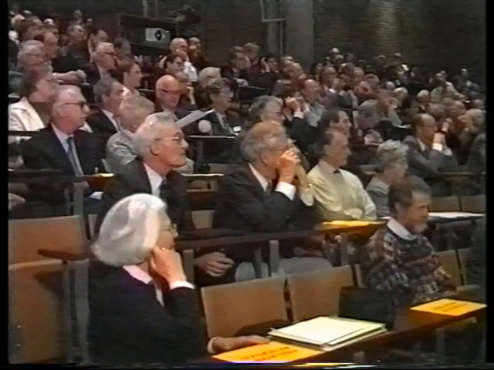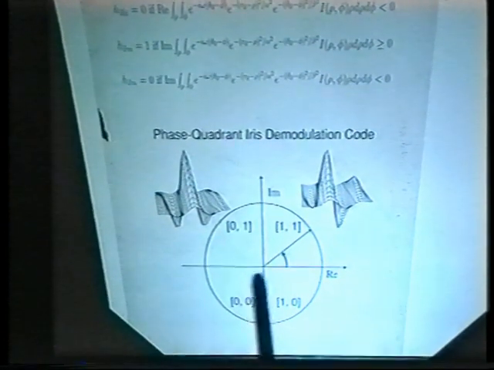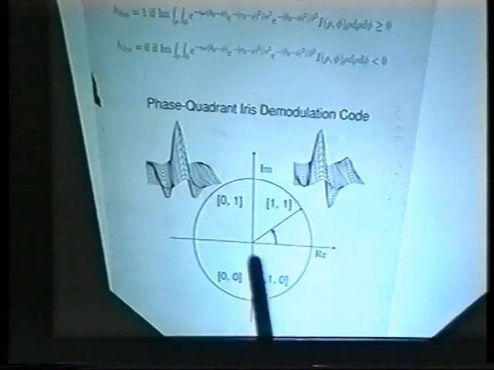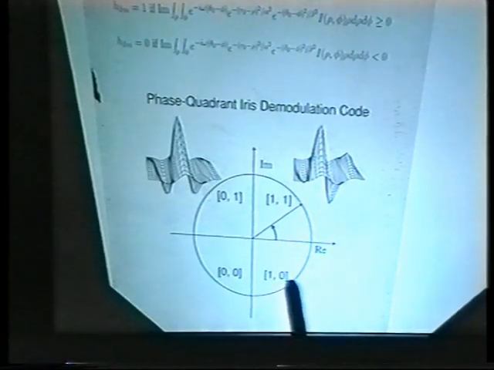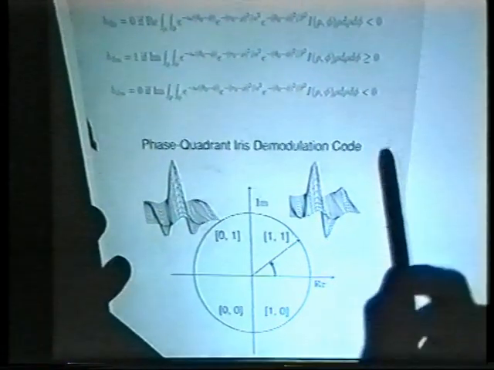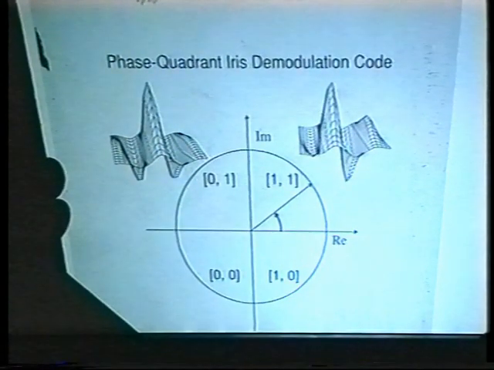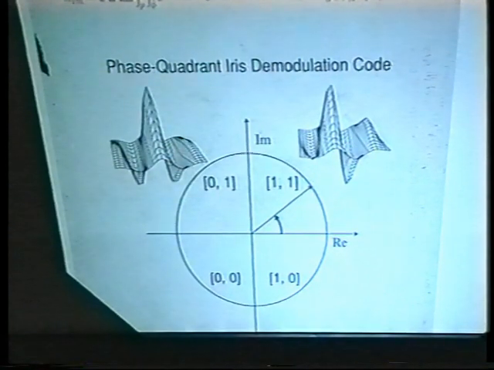Okay, finally, what do we get when we set the bits? The idea is to set the bits in an iris code by asking in which quadrant of the complex plane the projection of iris tissue onto wavelets lies. So setting the bits on the basis of the sign, whether the real part or the imaginary part is positive or negative, is of course equivalent to asking in which quadrant of the complex plane the phasor lies when you project the iris onto such a complex wavelet. And that is the entire basis for how the bits are set in an iris code.